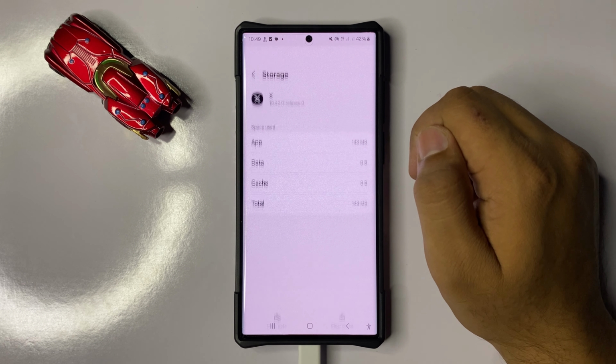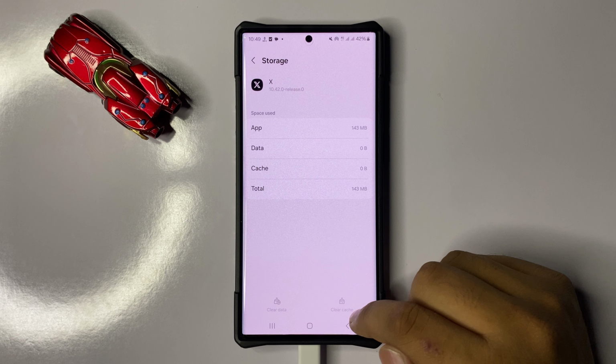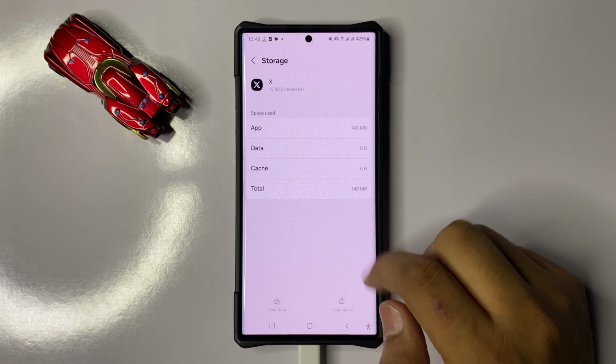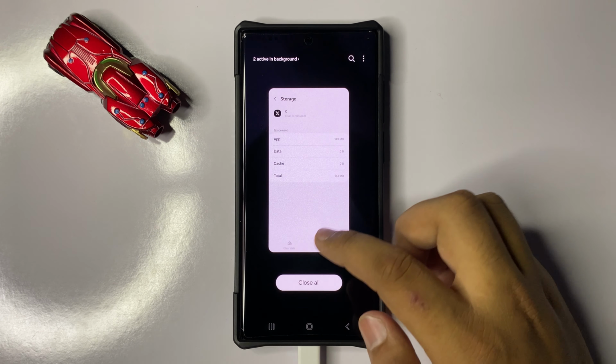on storage. Now from here, tap on clear cache to clear the cache memory and then tap on clear data to clear the app data. And after doing this, the Twitter app will start working